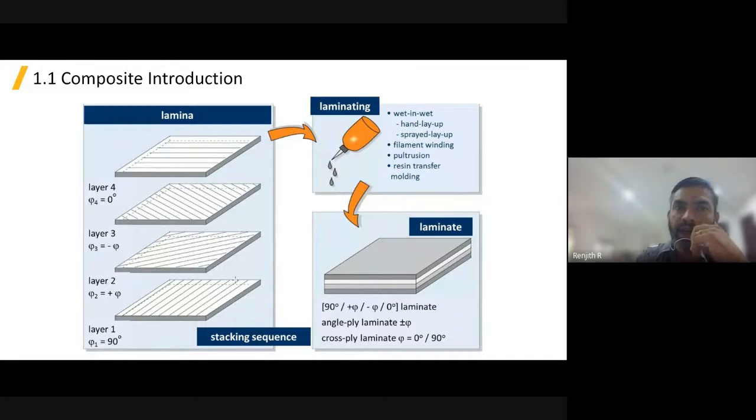That is not possible with the conventional material. Most of the conventional materials are isotropic, so if you want to reduce the density or the weight in some direction, we have to use some other techniques. But here we can easily control that with the help of these laminas and the laminate concept. We combine them together with the help of the matrix and make the laminate. Actually, the laminate is our composite material most of the time.